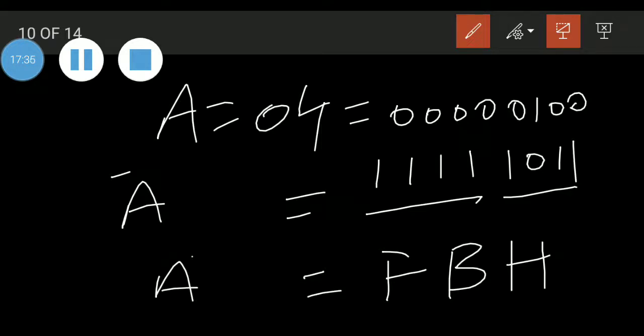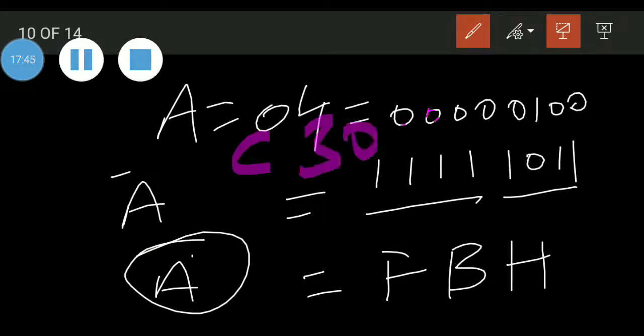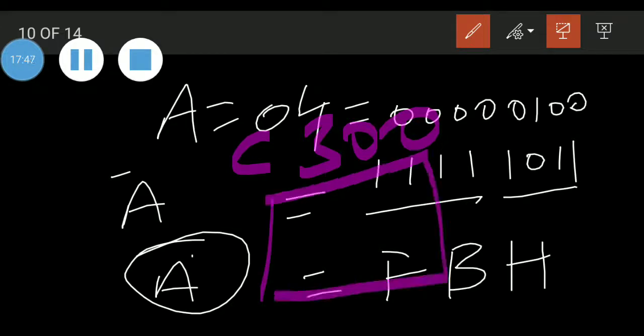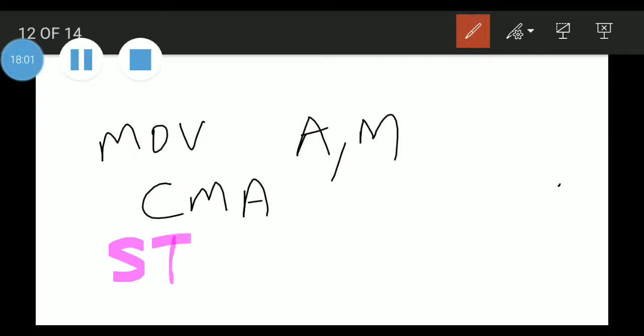So we want to take this content into the location C300, right? We have to take this into the location C300. So with the help of the data transfer group instruction, that is STAX D. Understood?